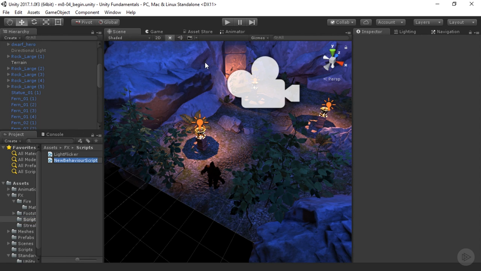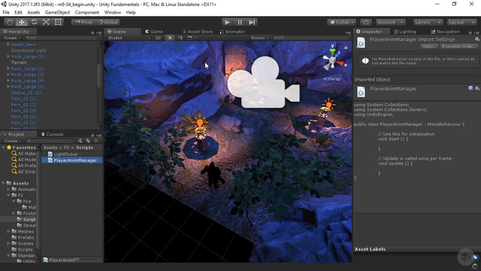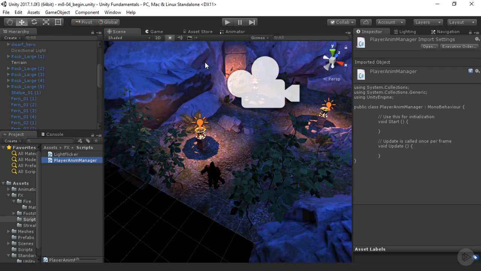Let's go ahead and call this player anim controller. And actually, let's do player anim manager. That's probably a better word for it. Using player anim controller is perfectly fine. It wouldn't be a conflict with a keyword as far as scripting goes, but it could be kind of confusing for people who were coming in and trying to figure out what this script does. Because there is an animator controller, and then also a script called animator controller, that could be a little confusing. So let's go ahead and double click on this script, and we'll bring it up in